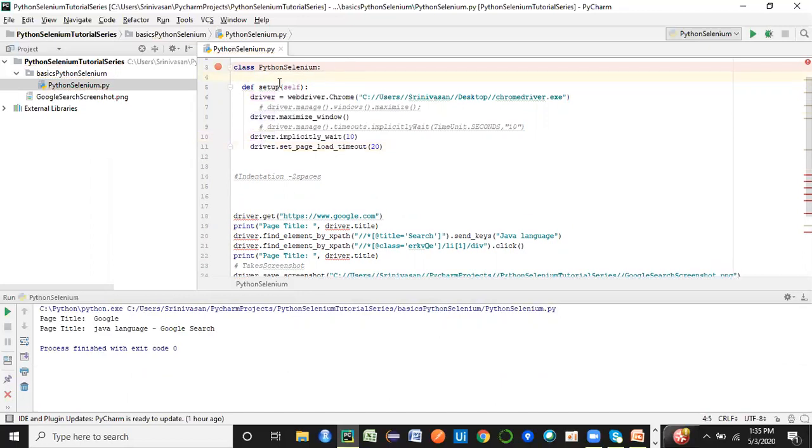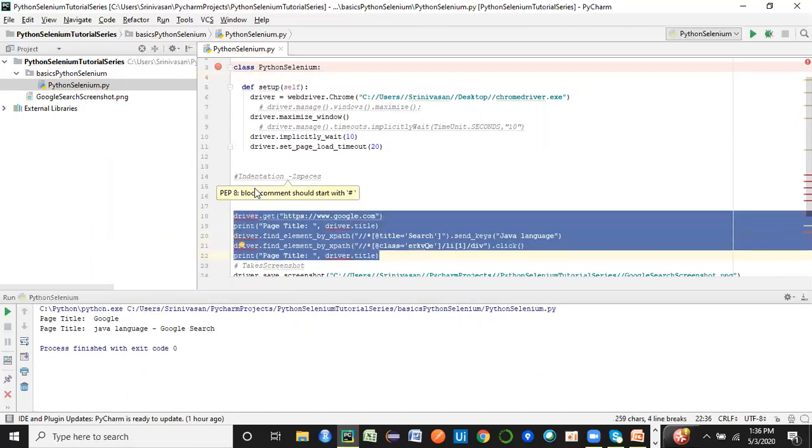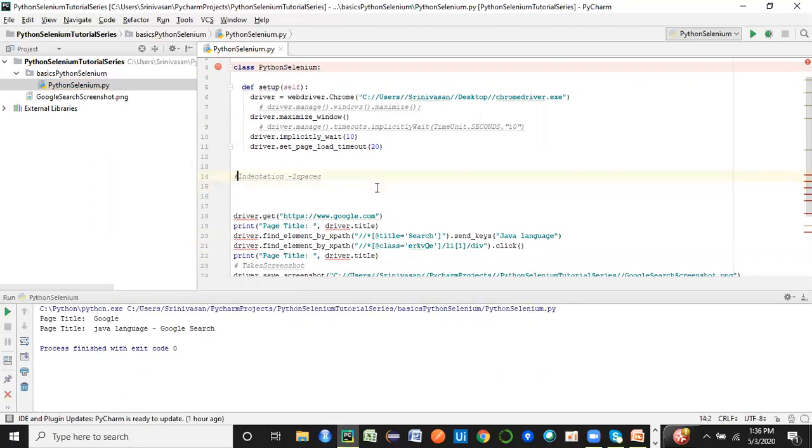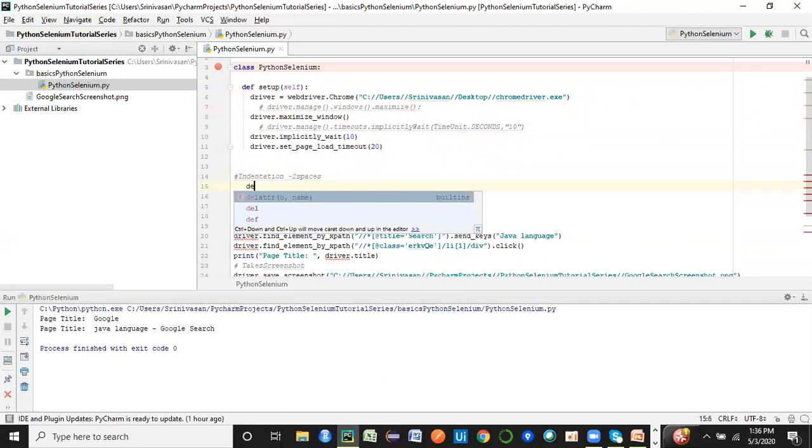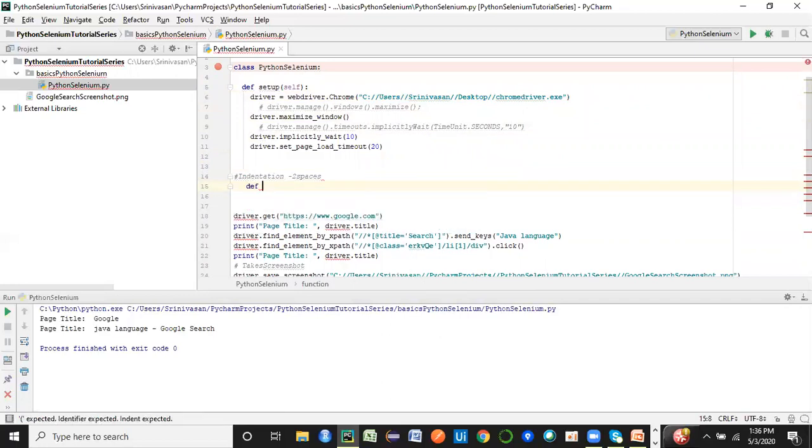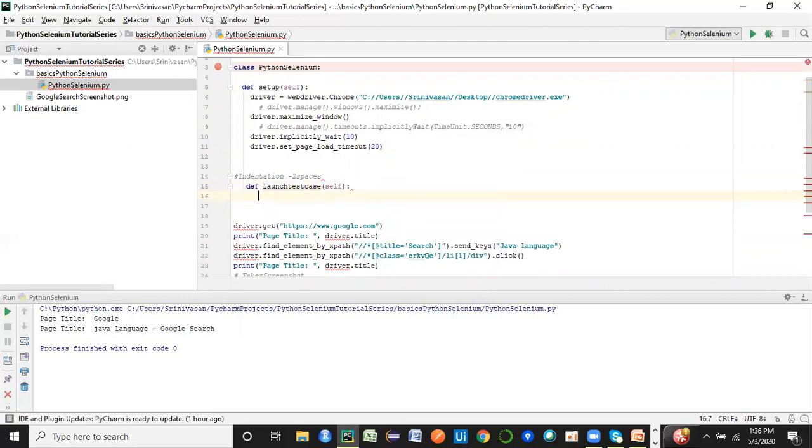So this is how we create a method in Python. We have to use the def keyword and give such kind of indentation. Now let's define this particular set of lines of code inside another method, which should be at the same level as this def line. So I'm going to create a method called launch test case. It's not at the same level, so we have to just reduce one level. Here we go. So it's at the same level now, right?